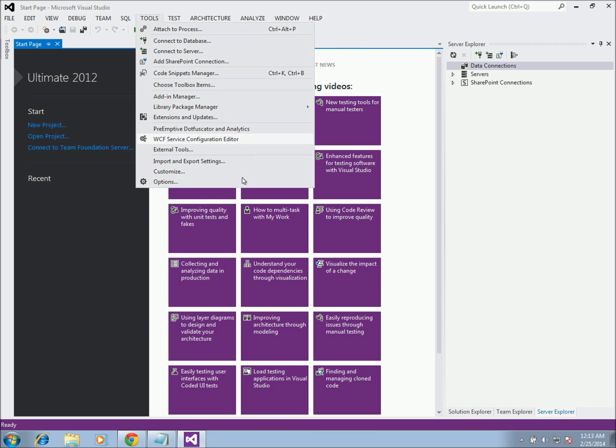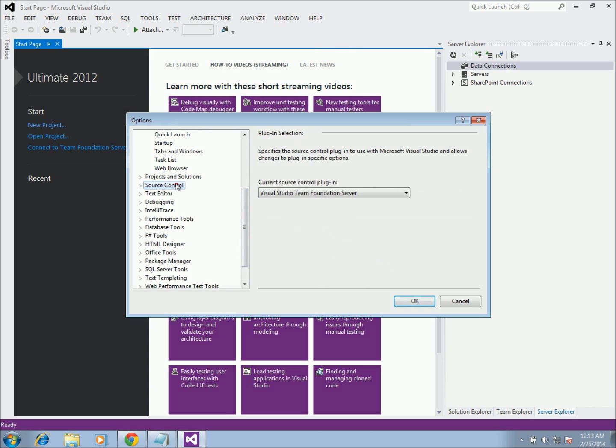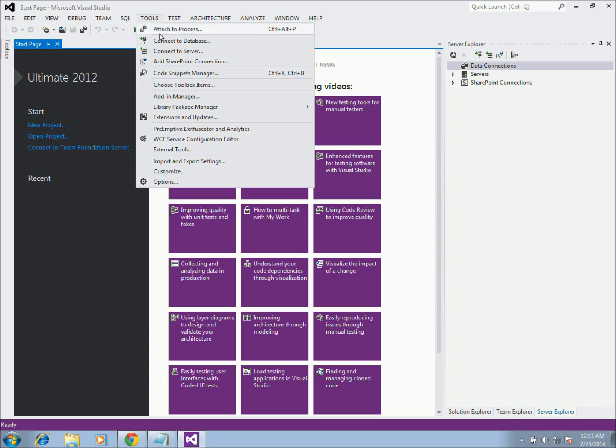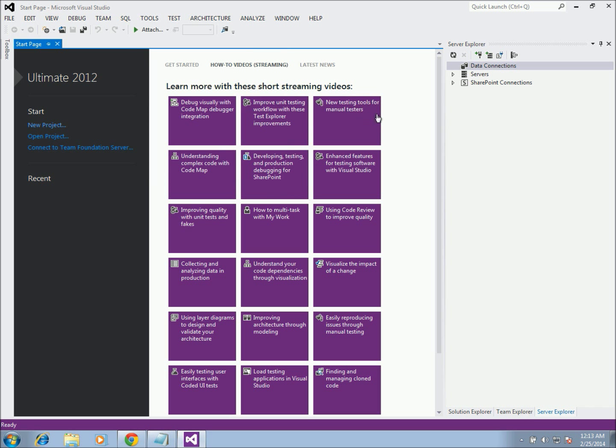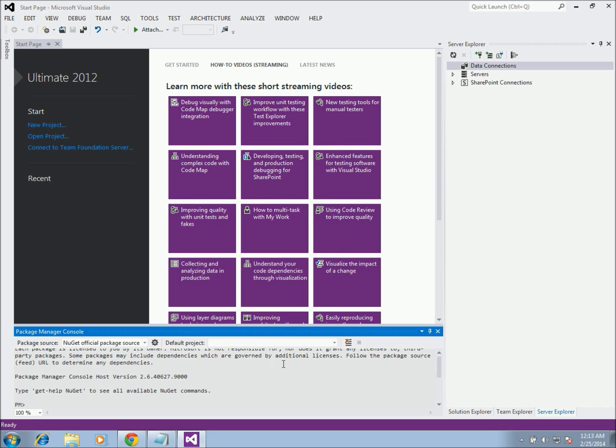First, we're going to go to Tools, Options, and go down here to Source Control. Let's change this to Microsoft Git Provider. Okay, there. The next thing we want to do is go to Tools and then Library Package Manager and do Package Manager Console. It's initializing. Once you have this PM prompt there,